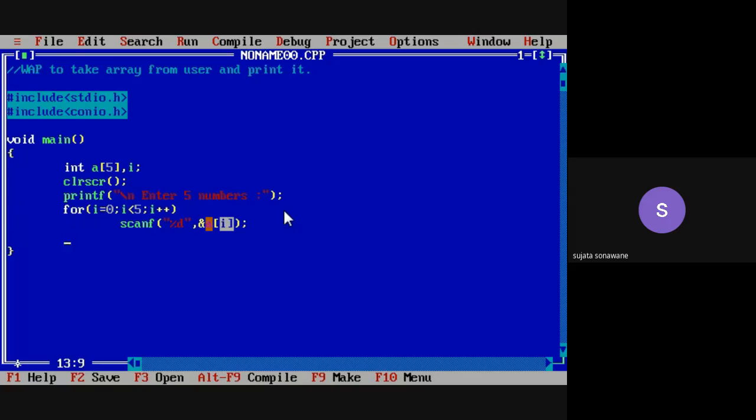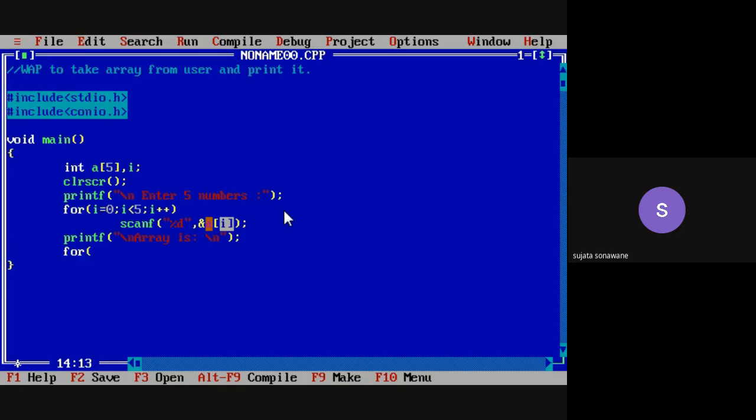Okay, now after that we have taken these 5 values from the user. Now after that we have to print these values. Okay, so therefore here we write it as "array is". Okay, and on next line it will print all the values.